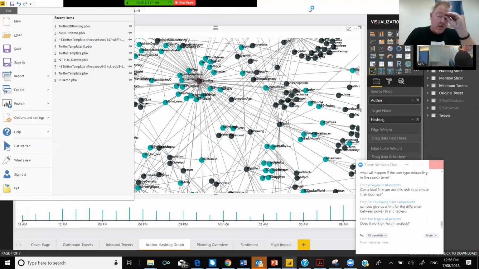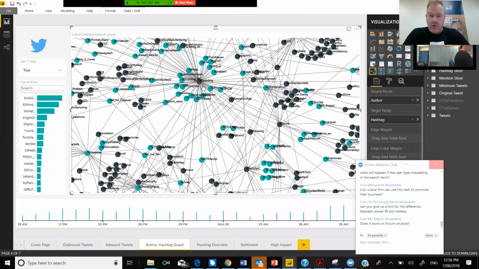Also, the ecosystem around Power BI, as in what we've seen today, is that we've been able to create a Power BI solution that has used Azure cognitive services to analyze our sentiment. That whole ecosystem around Power BI is a key differentiator that Tableau doesn't really have. But as far as visualization goes, both of them are great tools for visualizing your data.